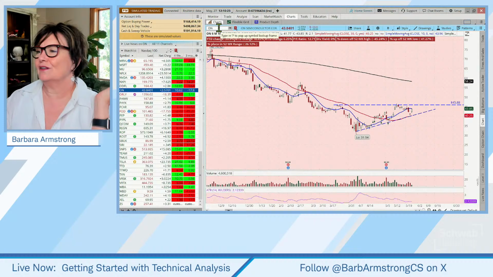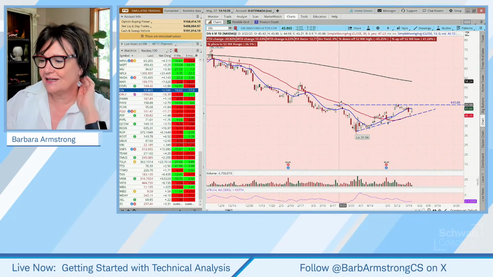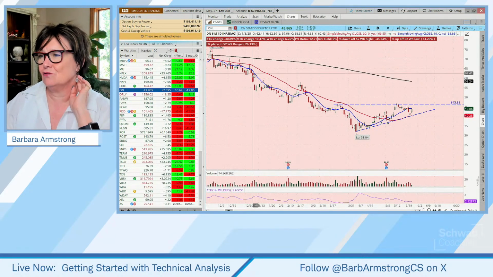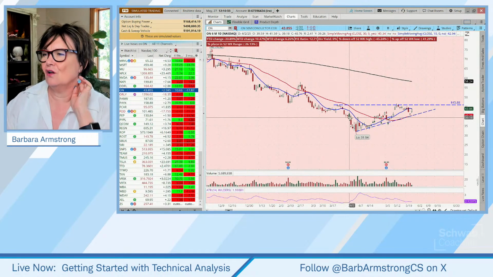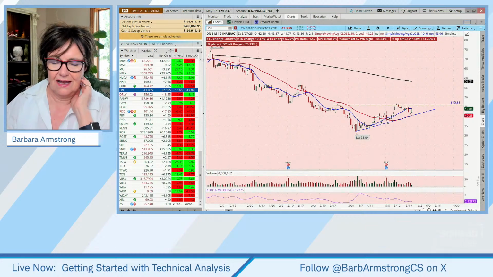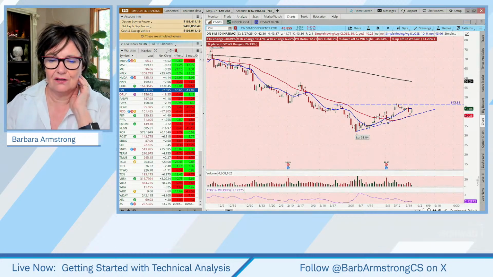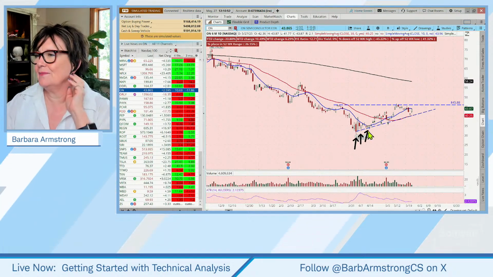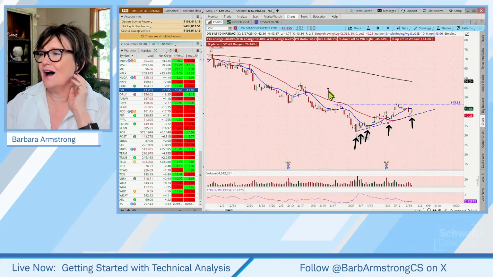So if we look at, here's one, for example. Now here's an example of an ascending triangle. So here's a stock that's been downtrending, and all of a sudden we're seeing what? Well, we're seeing a low and a higher low, and then another higher low and a higher low, correct? Are you guys seeing that? So we had our low, and then it's like it just started kind of climbing up, and then it's come back to retest a higher low, but the highs have been similar so far.